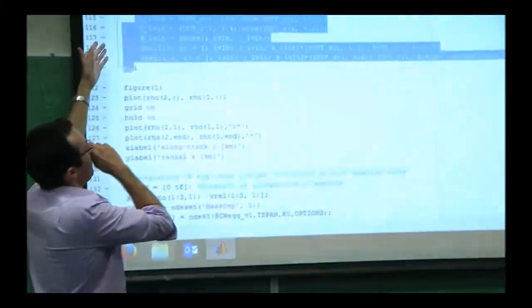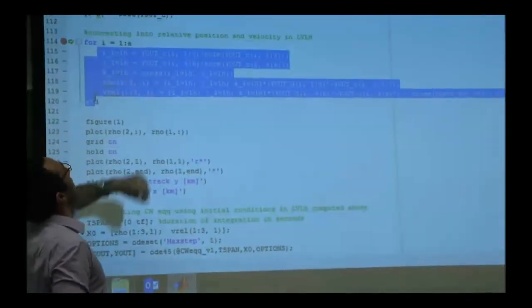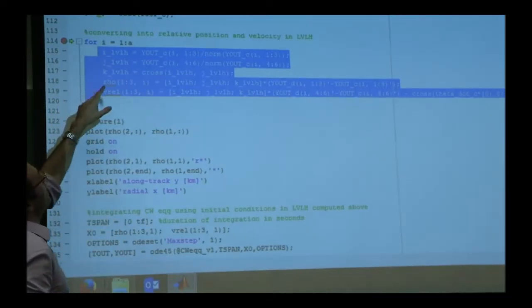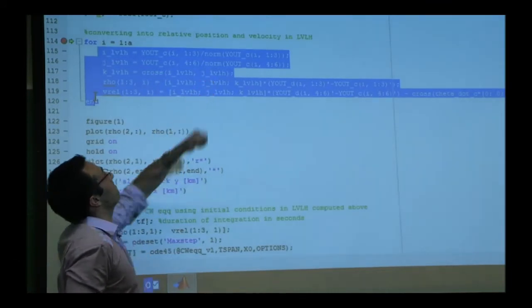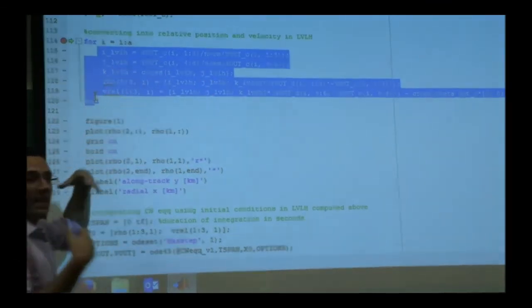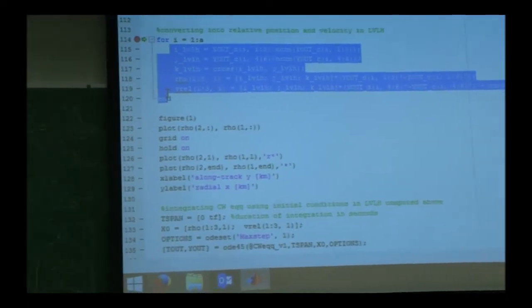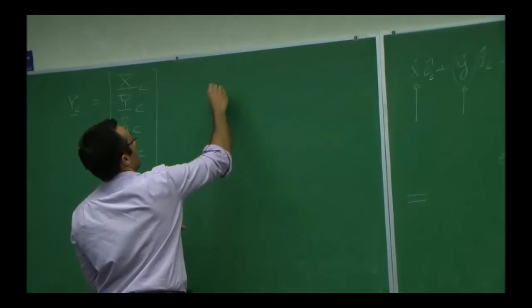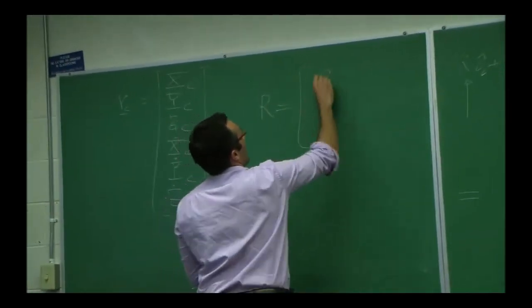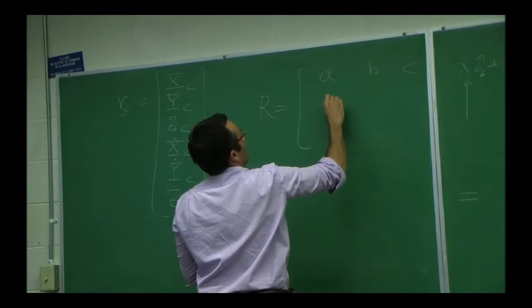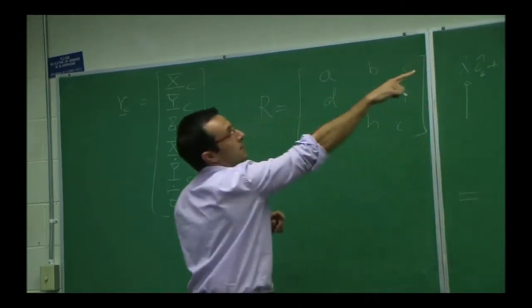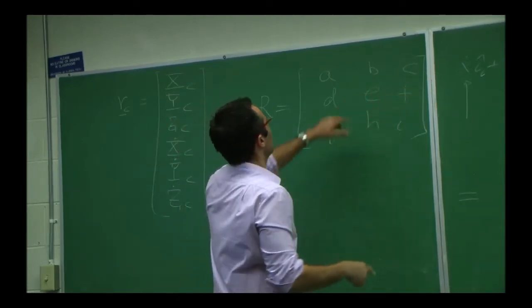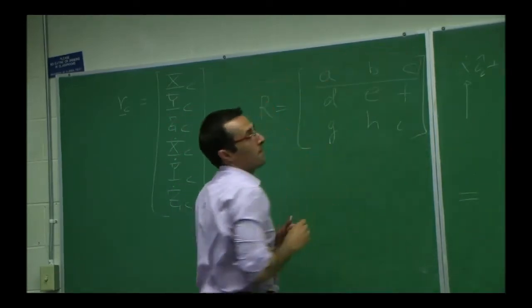So, these are the steps that we discussed. You define the x direction, the I direction of the LVLH, by taking the position vector of the chief and normalizing it. What is this? It's another vector expressed in ECI. It's the first row of this matrix: A, B, C, E, F, G, H, I. That first instruction, line 115, is going to give you this. Okay?